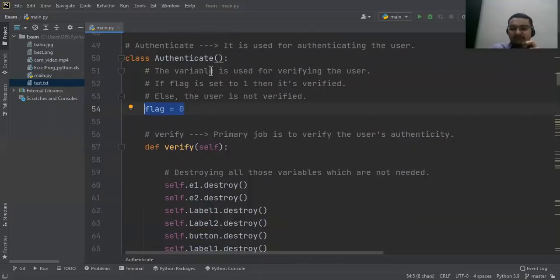The authentication is obviously to authenticate the user. The flag over here means that the user is verified or not. If the flag is still 0, then it essentially means that the user isn't verified, and then we would display an appropriate message. At this point in time, we aren't doing that.